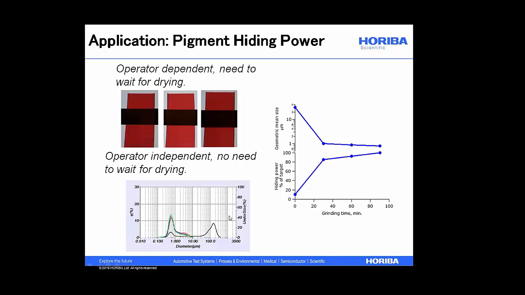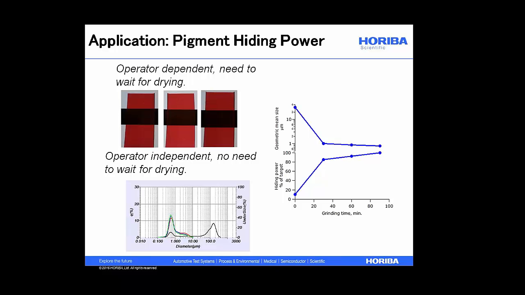You can also measure size distribution throughout the grinding process, and that's shown in the bottom here. So here I have the grinding time on the bottom axis, hiding power on the bottom left axis, and geometric mean size on the top left axis. As the geometric mean size goes down with time, you can also see the hiding power go up. And so you might decide, hey, I'm going to grind to a target geometric mean size, because that's a lot easier to explain to my operators than trying to grind to a